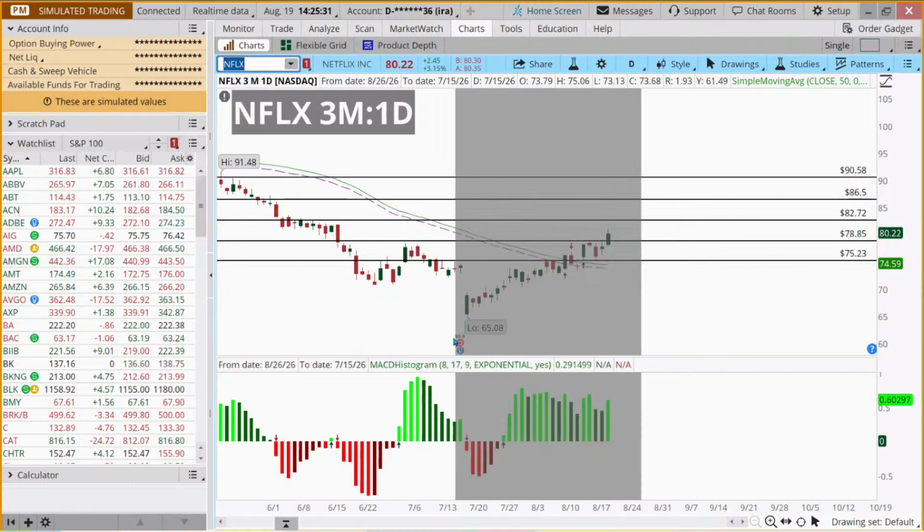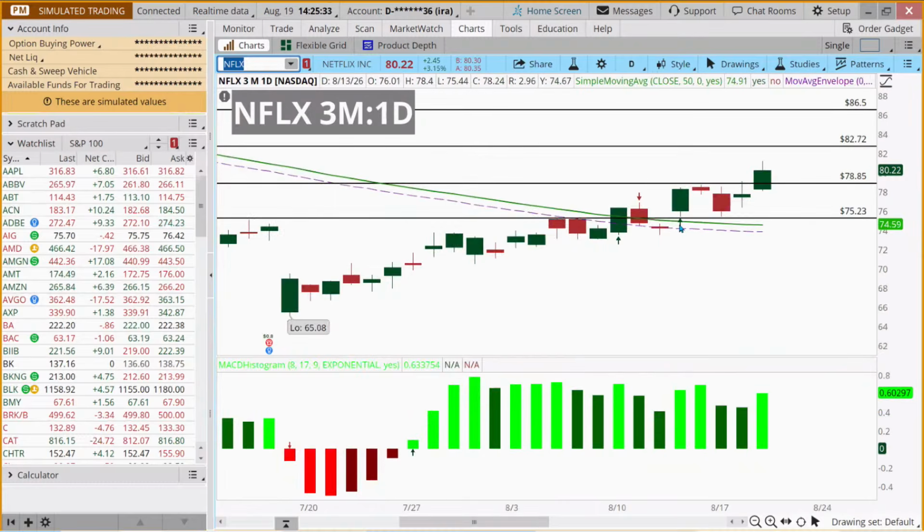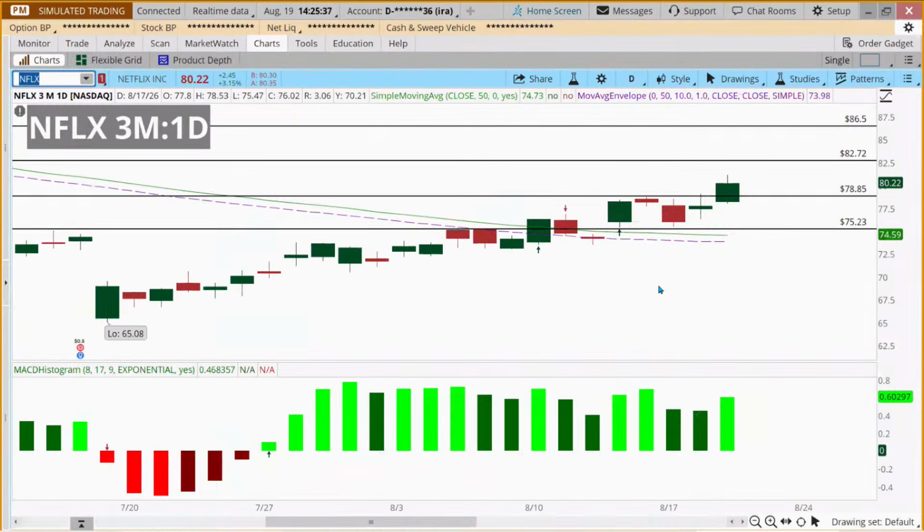Now, if I zoom in here, I can see the stock closed above the moving average this day. Let me shrink this down over here and I'll show you exactly what to look for. So we closed above the moving average here, and the MACD had been green forever. So this day, right there, where it closed above the moving average, that technically is the first two green arrow signal. But if I put my cursor there, now look at the number right here.